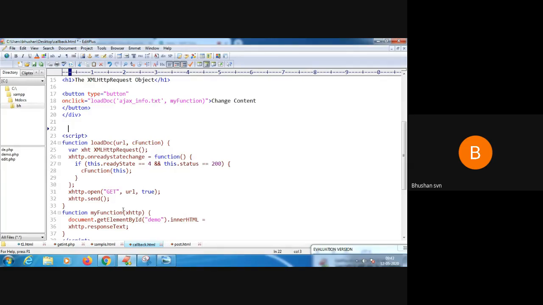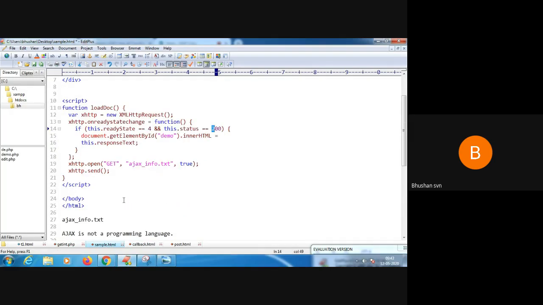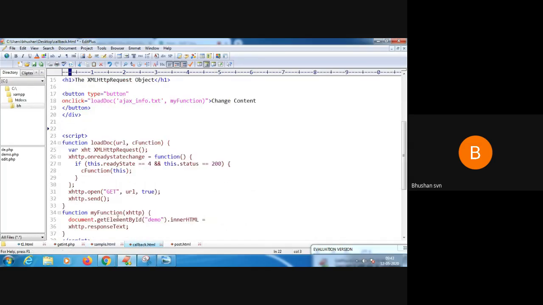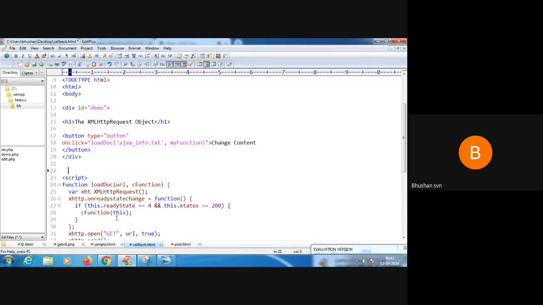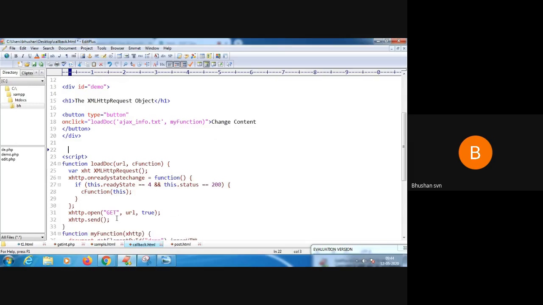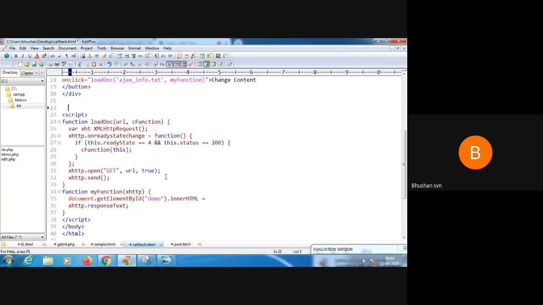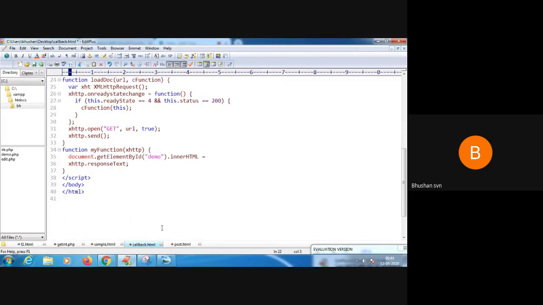The output that you have seen in the previous example, on clicking the button, the same contents will also be displayed here. But you are passing these two different parameters to a function called loadDoc.